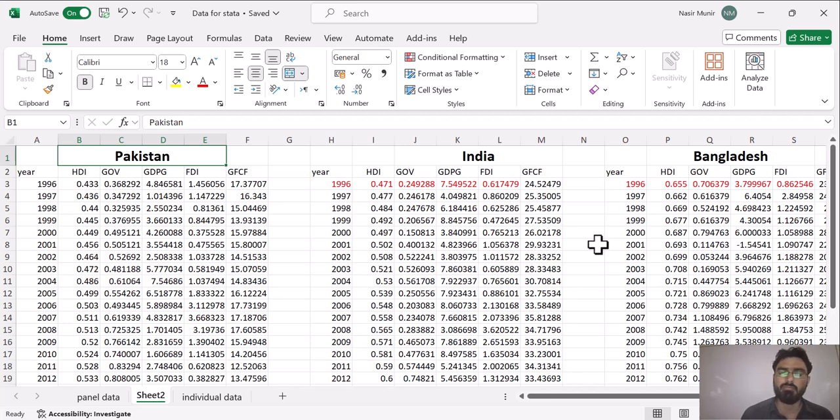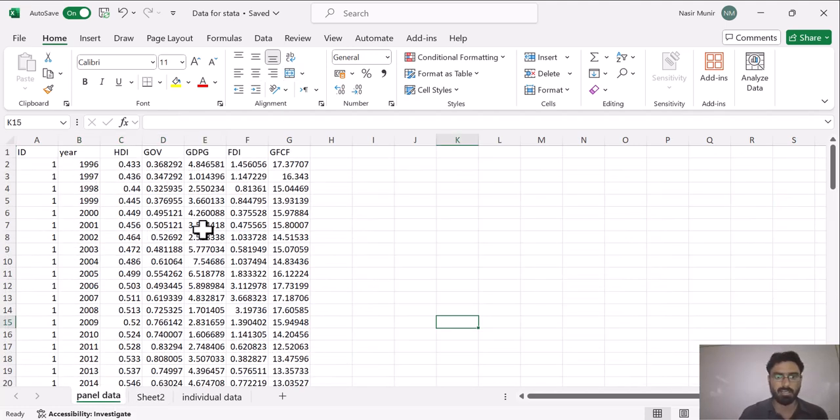But now how can we convert a particular time series data set into panel data? I have already created the panel sheet, let me show you. Here you can see that there is no country name mentioned on the top of the row.